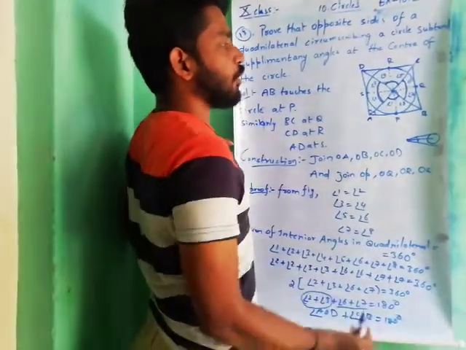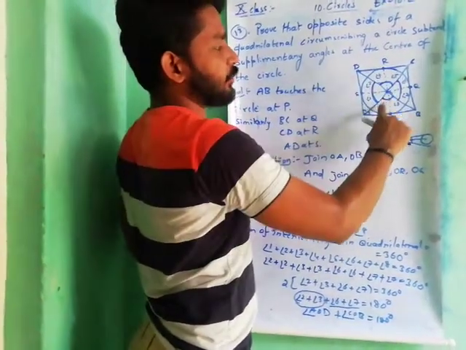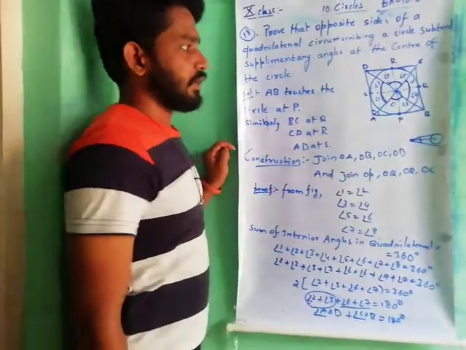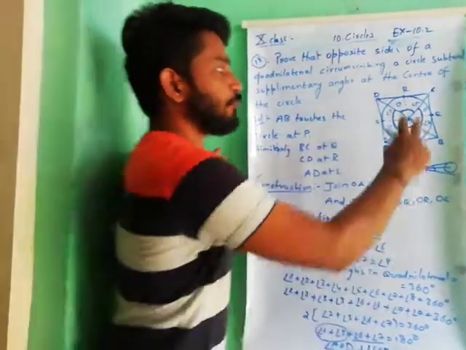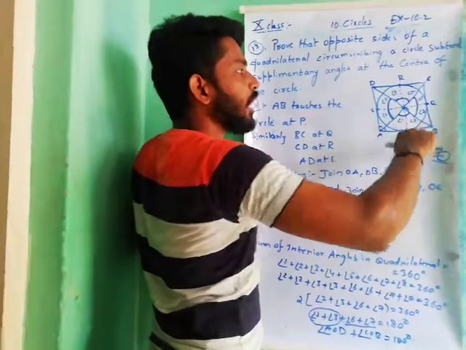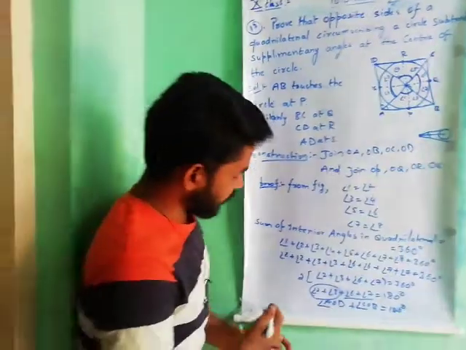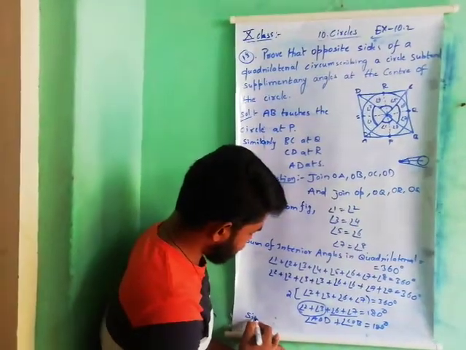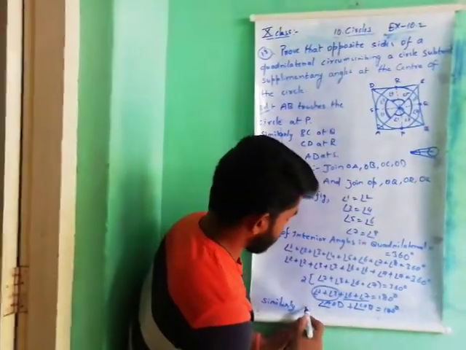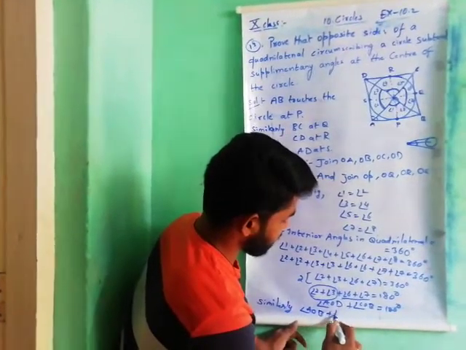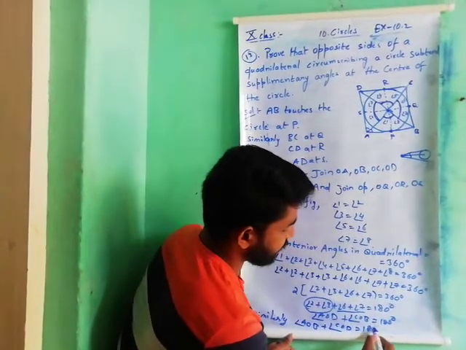So for example, if you want to prove these two sides are also 180 degrees, you have to convert the remaining angles in terms of angle 1, angle 8, angle 4, angle 5. Means in place of angle 2 you have to write angle 1. In place of angle 3 you have to write angle 4. If you prove these two sides are 180, you have to convert the remaining angles into these terms. Then you get 180 degrees. So finally you have to write similarly, this angle AOB plus angle COD is equal to 180 degrees.